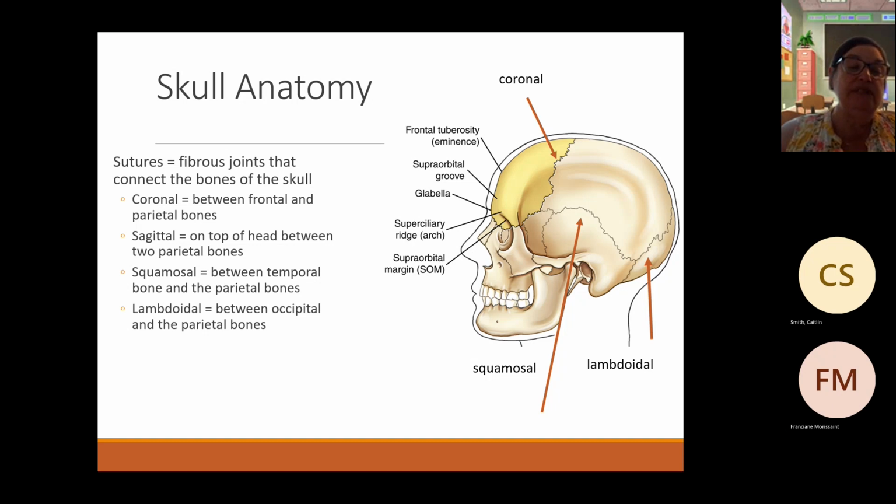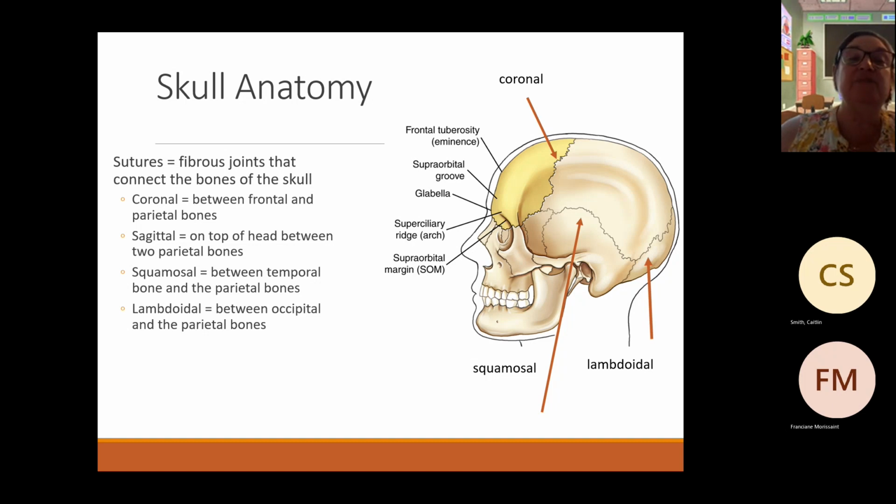Now, with the bones, there are sutures that join the bones together. They're basically fibrous joints that connect all the bones of the skull. And we have the coronal suture, which brings the frontal bone with the parietal bone. We have the sagittal suture, which brings both parietal bones together. We have the squamosal suture,